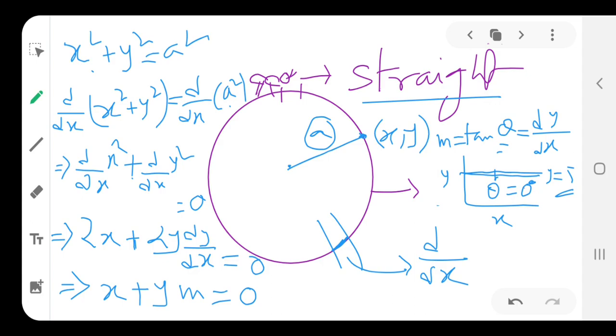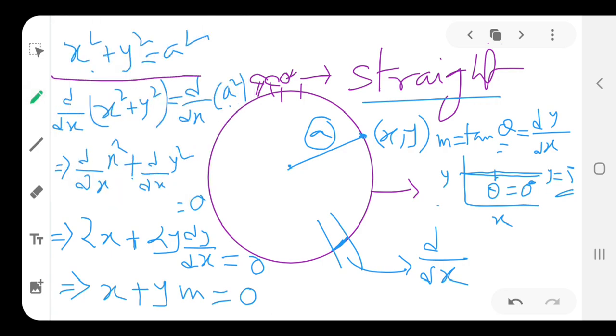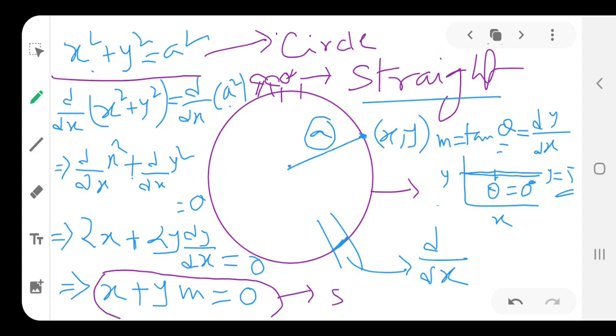Voila, see this one here. This equation where we have started, this was the equation of a circle. But at last, after slicing the function, we are getting this one. This one is an equation of a straight line. Like y equal to mx plus c, or x equal to my plus c, here c